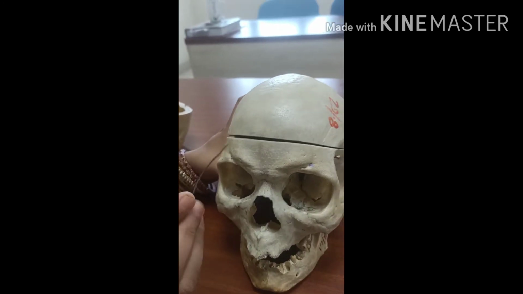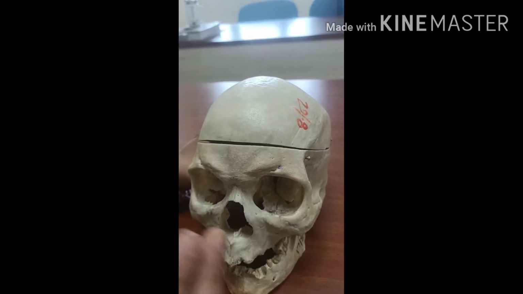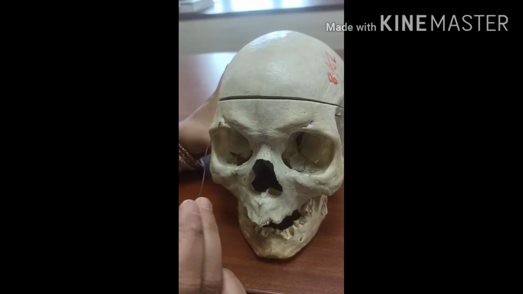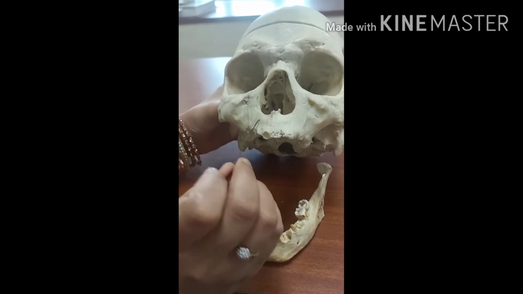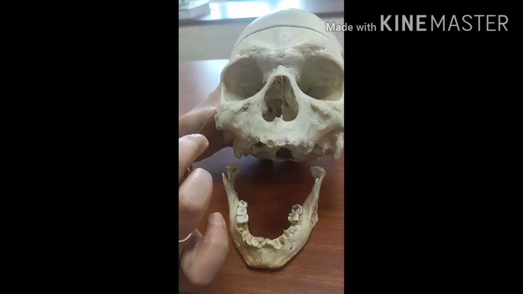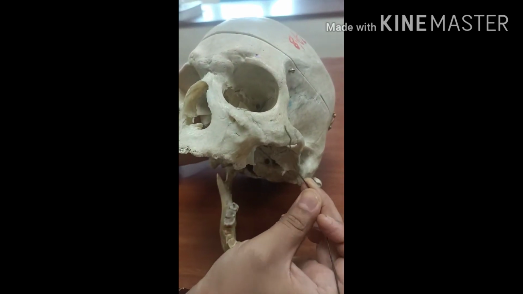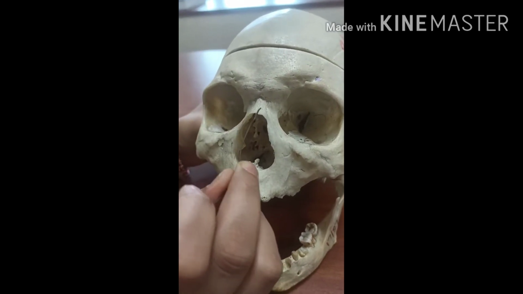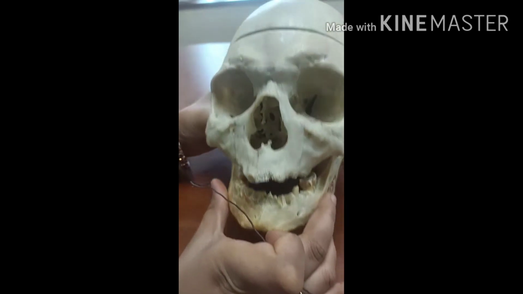So again, what all bones are you seeing in this norma frontalis? First is the frontal bone. You can see this is the frontal bone, wider above and smooth, and in the lower part it is irregular, interrupted by these two orbits. Next is this bone. This is maxilla. ठीक है, and lateral to the maxilla there are two other bones. These are the zygomatic bones, also known as cheek bones. These two are the nasal bones. Also you can see this lower jaw, that is mandible.